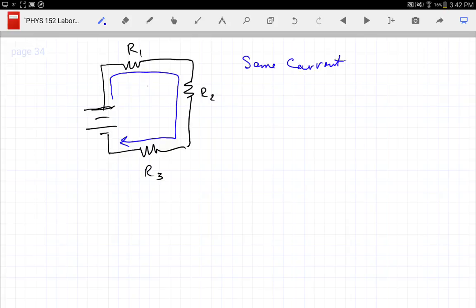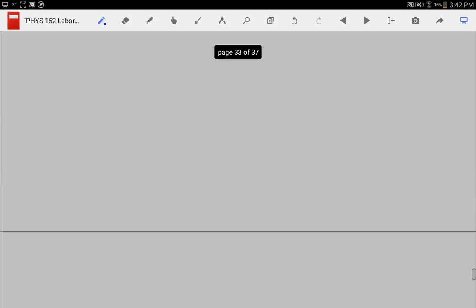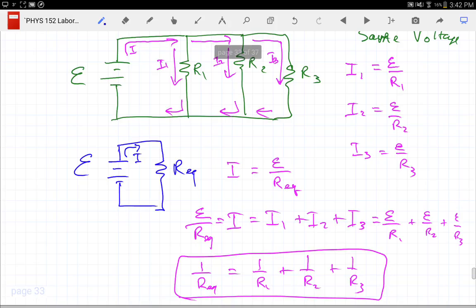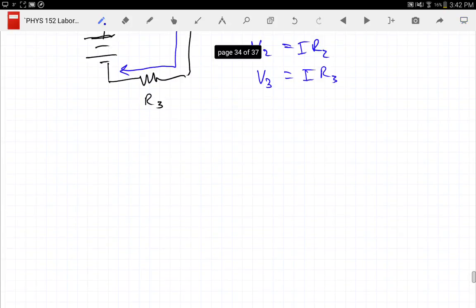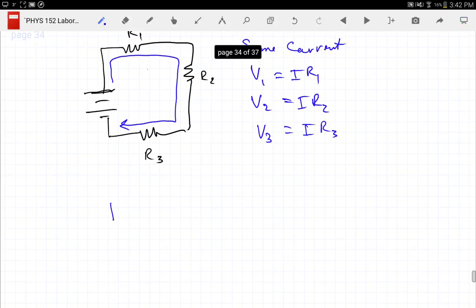So since the current's the same for all of them, I'm going to calculate the voltages. The voltage 1 is equal to IR1, voltage 2 is equal to IR2, and voltage 3 is equal to IR3. In my equivalent circuit, it's still the same equivalent circuit. And what is my total EMF equal to? I times, for the equivalent circuit,